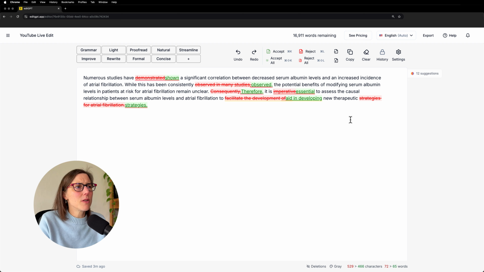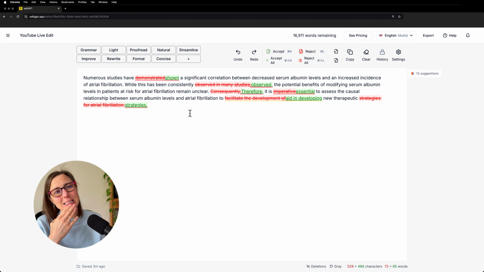And then we have new therapeutic strategies for atrial fibrillation to just strategies. Okay, so I see what it's wanting to do here is weed out some of the language. The thing that comes to mind for me here is that when you take out atrial fibrillation, it may cause the reader to think new therapeutic strategies for what?